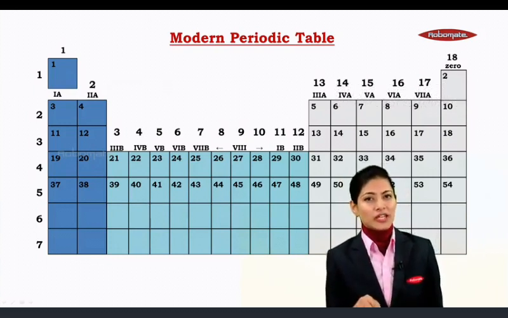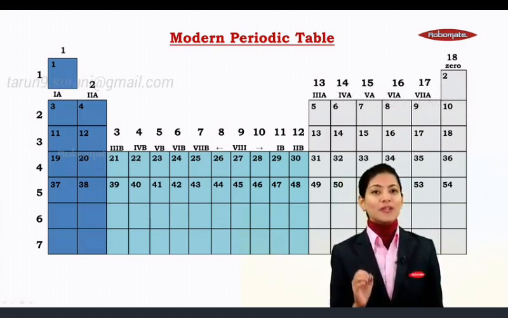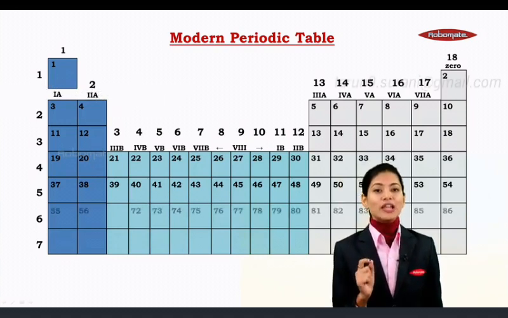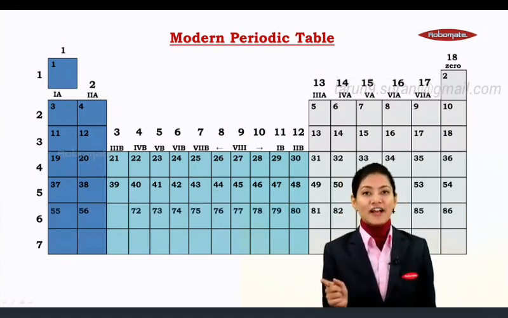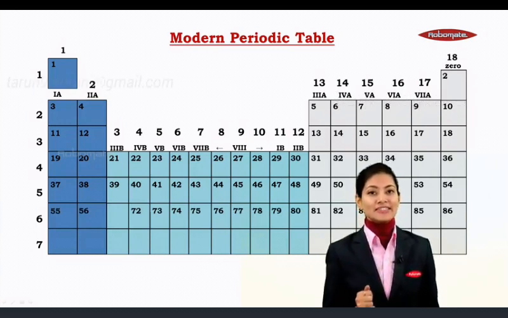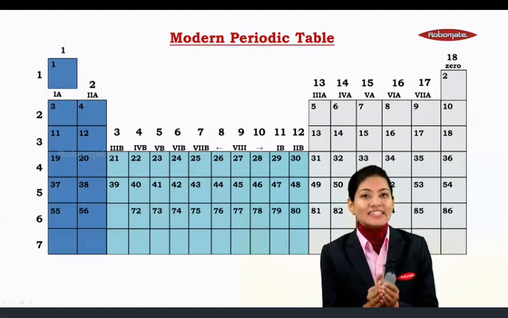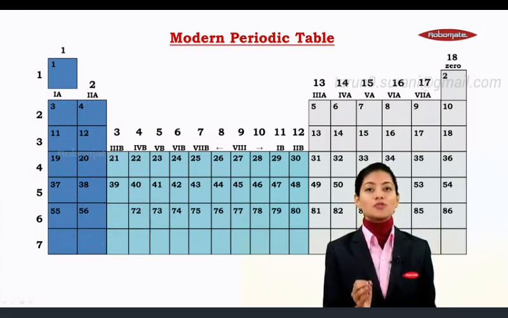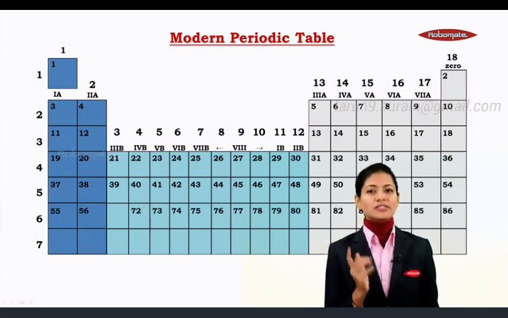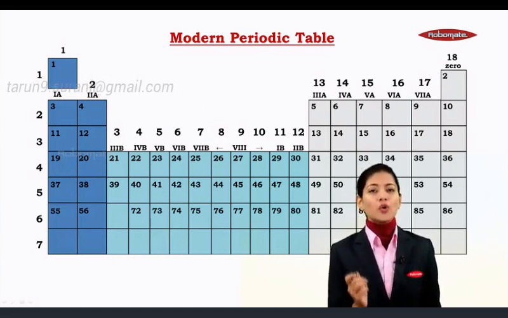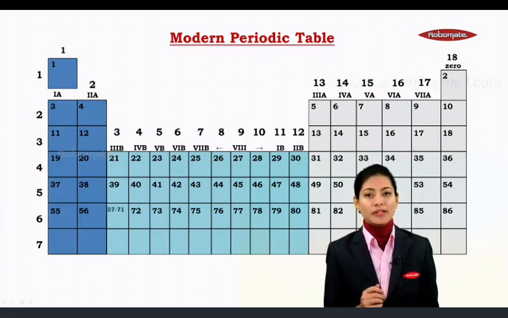Even the sixth period, you will notice over here, has places for 18 elements. But look over here, it includes elements from atomic number 55 up till atomic number 86. Now if I count the total number of elements in the sixth period, the number comes to 32. But the sixth period has place for only 18 elements. Where are we going to accommodate the next 14 elements?